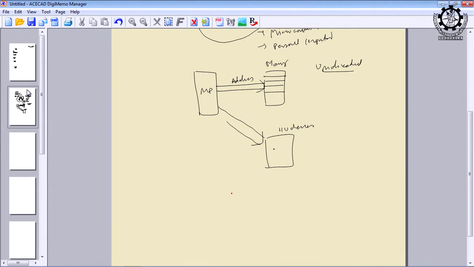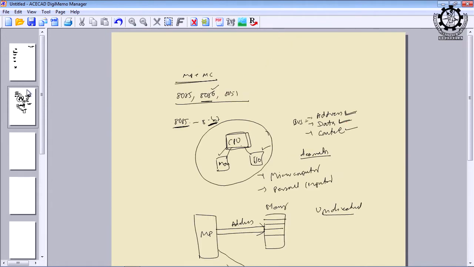Then second, the data bus. What is the data bus? The data can be transferred from microprocessor to memory or memory to microprocessor. Therefore, the data bus must be bidirectional. And if it is communicating with an input device, the data transfers from the input device to the microprocessor. And if the communication is taking place between microprocessor and an output device, the signal transmission is from the microprocessor to the output device. But in general, we call them IO devices.